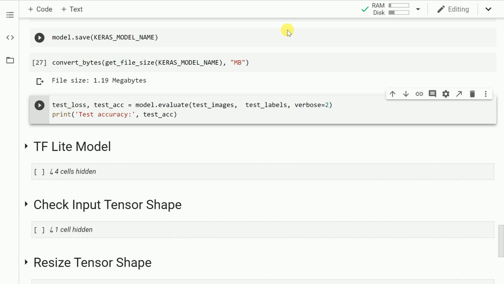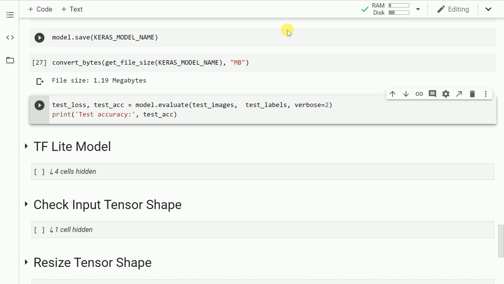Now you might wonder, 1.2 MB is a small file size, but given the network that we created, it was a fairly simple network, and for this simple network, it is occupying around 1.2 MB, which is slightly bigger. When you start increasing the number of layers, the overall file size will keep increasing. So that is something that we want to avoid if we want to make inferences in the edge devices. So that is where TF-Lite would come into picture.